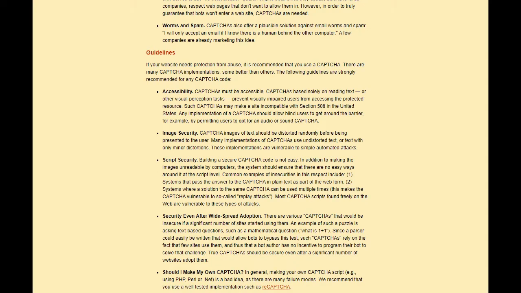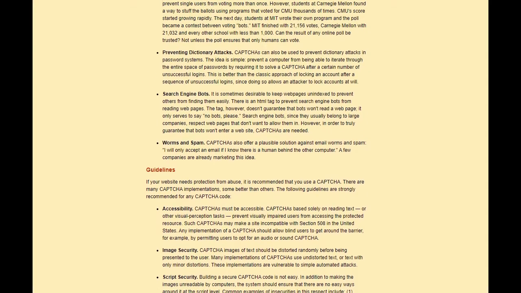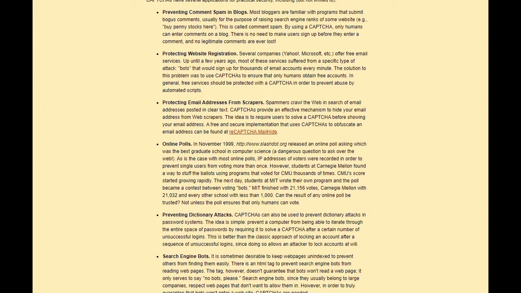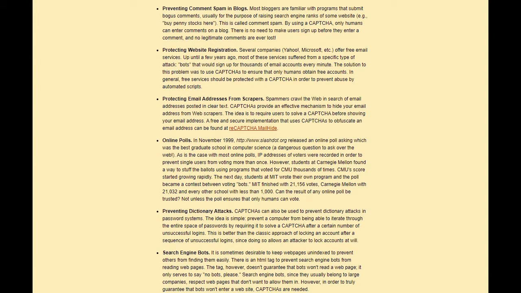Automated scripts hold great power in their ability to perform the same tasks repeatedly without input from a user. This, while beneficial in many circumstances, could also be used by attackers to abuse systems, performing brute force or dictionary attacks, comment spam, website registration abuse, and using web scrapers to find email addresses in clear text. Even benevolent search engine bots may not always respect a web page's request to remain unindexed.